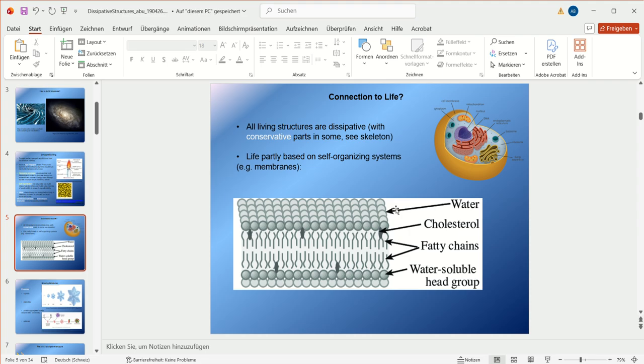Life partly is based on self-organizing systems. And one example for self-organizing systems are membranes, which are very fascinating. You have these fatty chains with a water-soluble group and a water non-soluble group. So as soon as you kick them into the water, you have this bilayer structure, which tends to form the surface of a sphere. And what happens if you take a knife and cut through? It will reorganize in two smaller spheres,